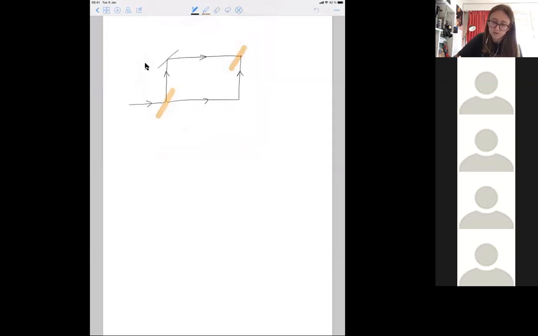Here we have some mirror. It's an experimental setup. And here we have two detectors. So if we label this gate as B, for example, and here we have the measurements,